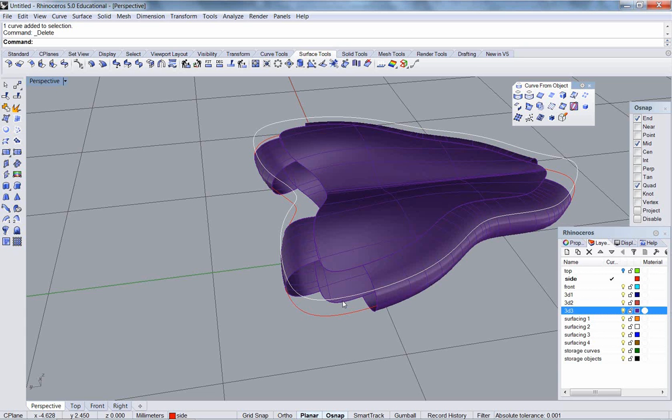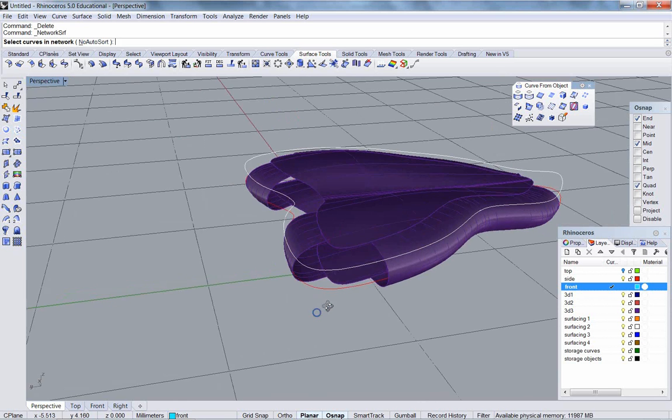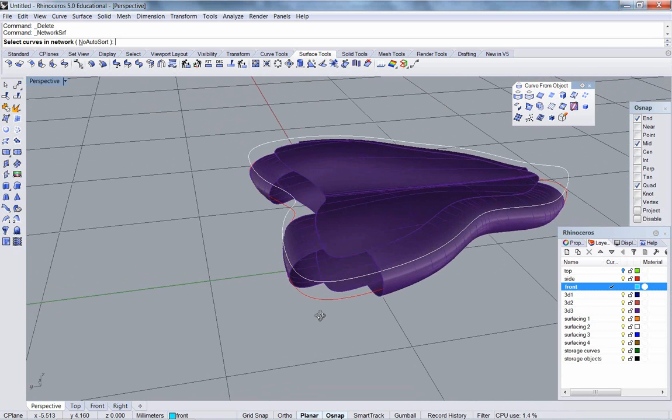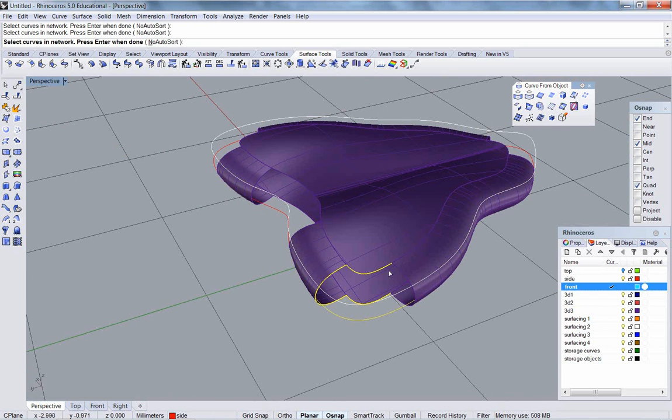Create that surface using surface from network of curves. But if you want more of a rigid machined feel, this tool doesn't give it. It gives a soft feeling. Okay, so it has its own feel, but it's very powerful and very flexible. So I'll show it to you here now. Surface from curved network right here. Select curves in network. Okay, you're going to pick them in directional bias. Usually rails first, then sections. First rail, second rail, third rail, section, section,